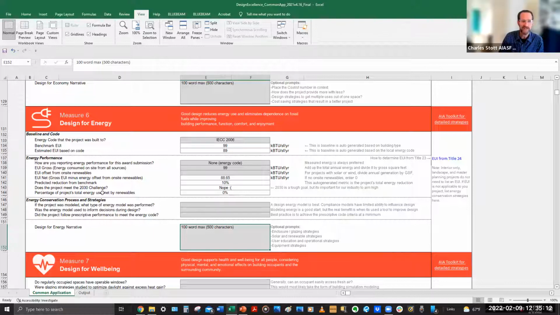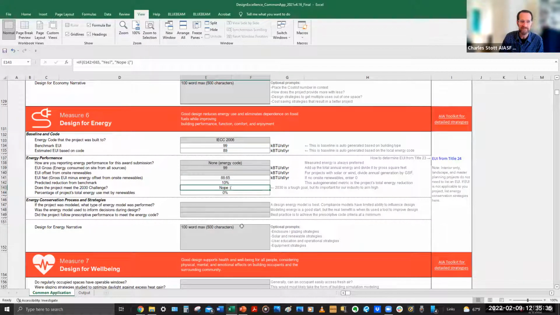And this question here about the 2030 challenge or commitment, the AIA's 2030 Commitment, is also auto-generated if you were able to beat the benchmark by some percentage, 70% or 80%, depending on when you were permitted.